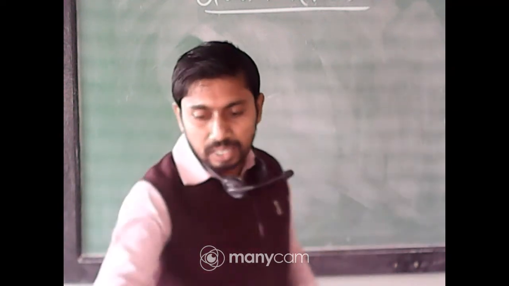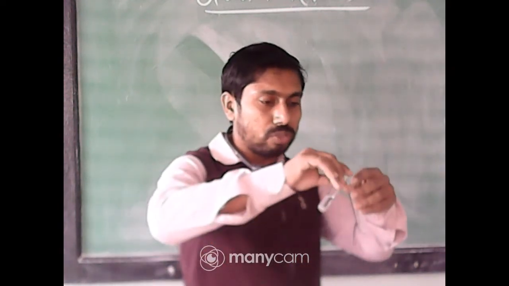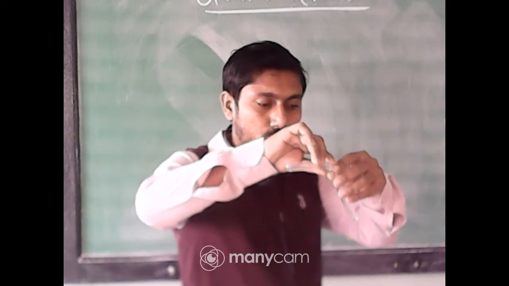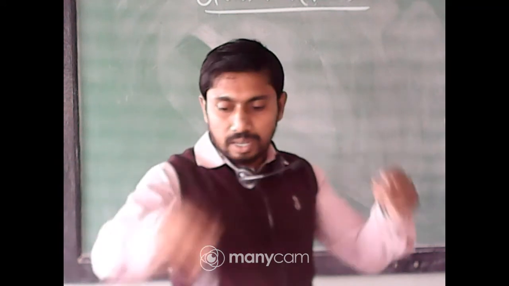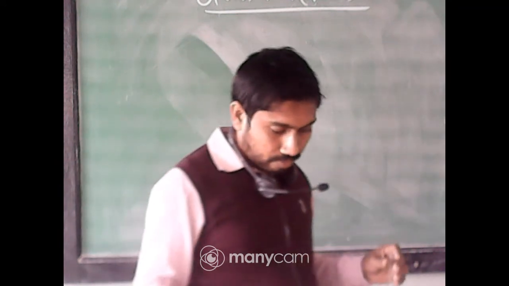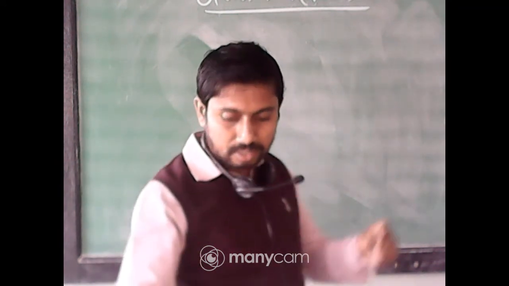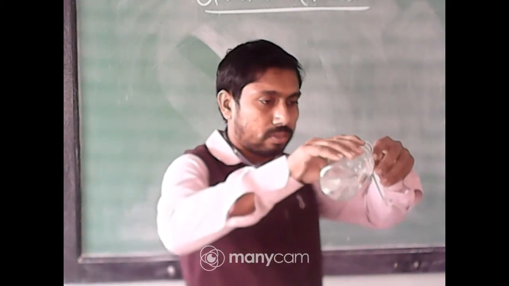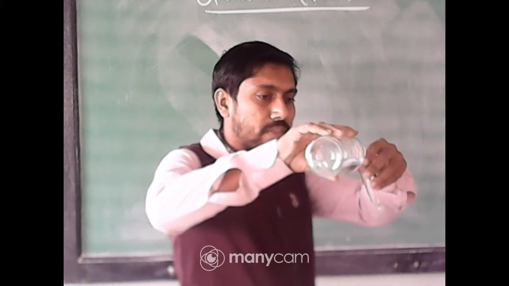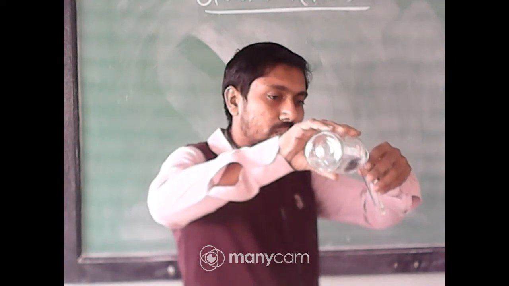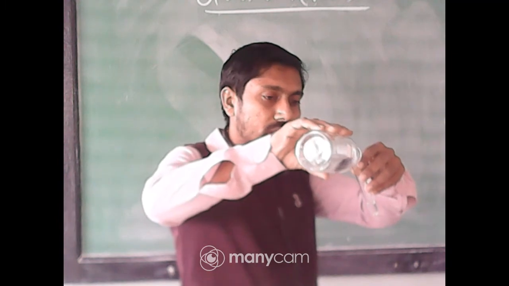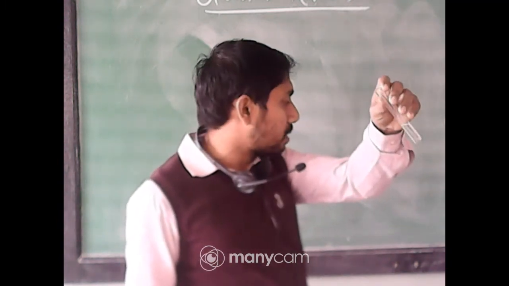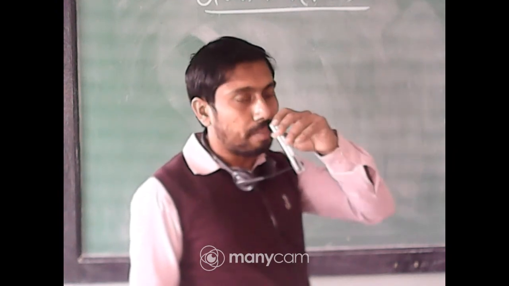First of all, taking the original solution in a test tube in a very small amount, only 2 cc or 3 cc, add dilute acid. Here the dilute acid is dilute HCl, to check whether any effervescence is there or not. If effervescence comes, then it may be for the carbonates or sulfides. Okay, no effervescence, you cannot see any effervescence. No smell is also coming.